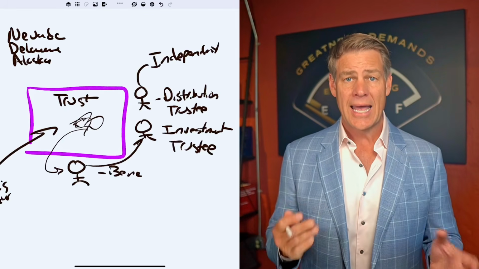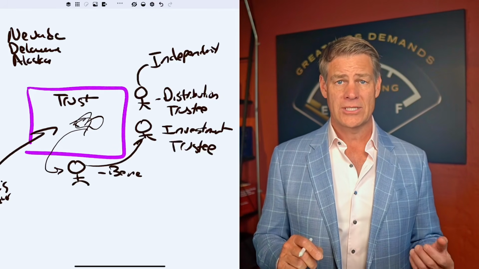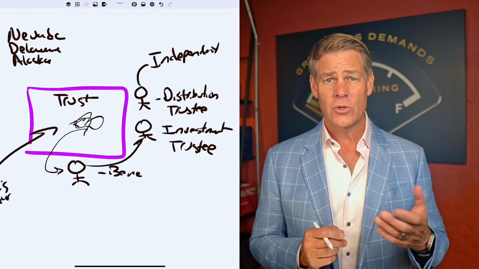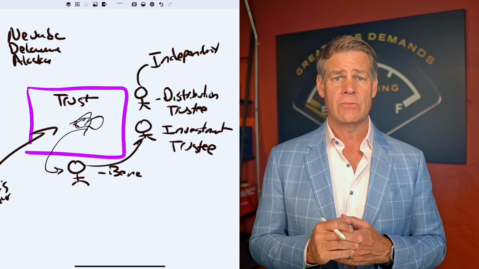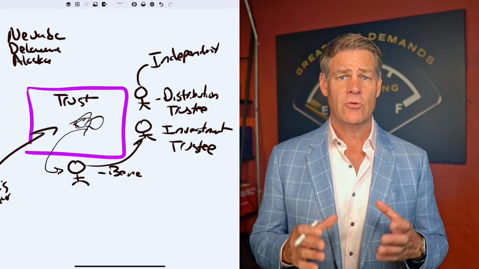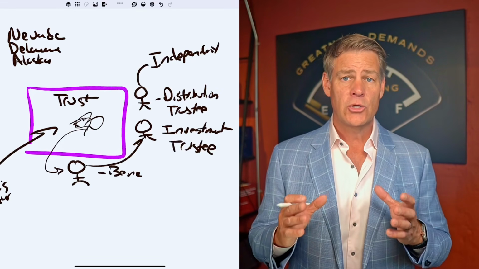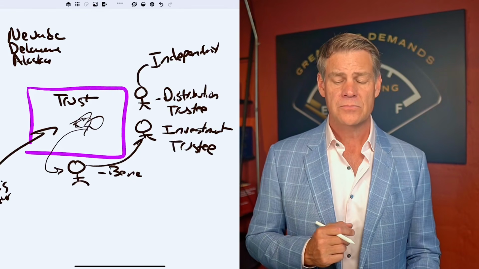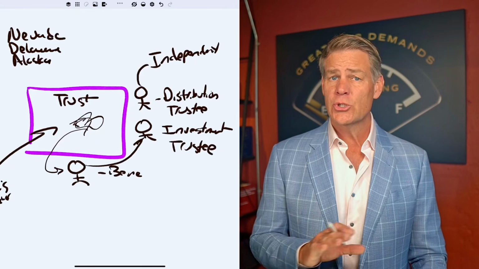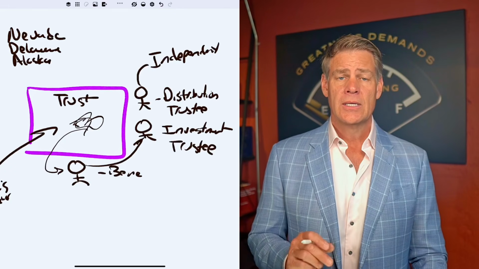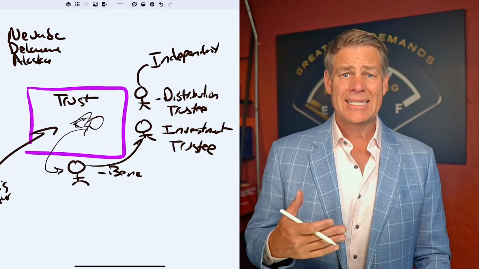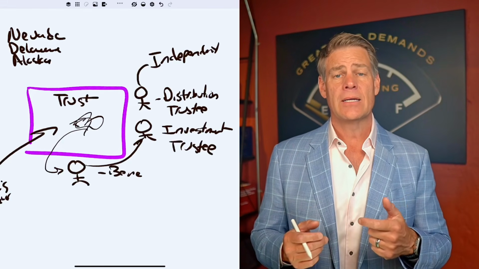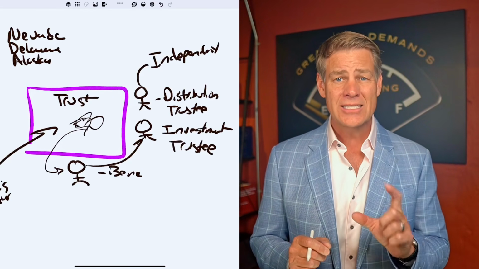Now, obviously, you can ask the distribution trustee for distributions, but you can't appear to control the distribution trustee, force them to make distributions. So there's very specific language that goes in here, because you have to create this appearance that your ability to receive funds from this trust is outside of your control. Now, this is essential to creating an irrevocable trust. Now, how do we go about setting this up so we give you not only the control over the assets, which is kind of baked in, but also some distribution control? This is where the magic happens.